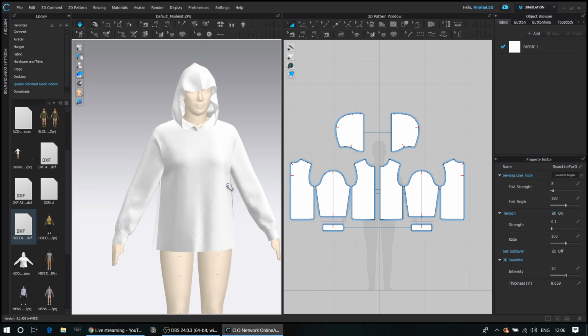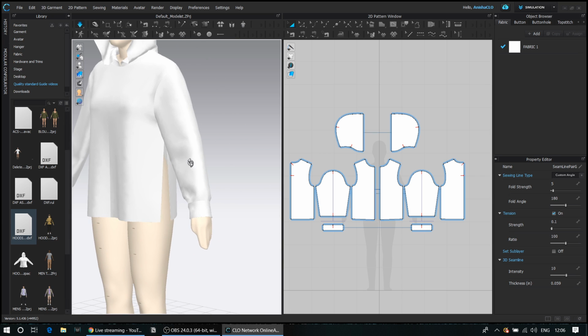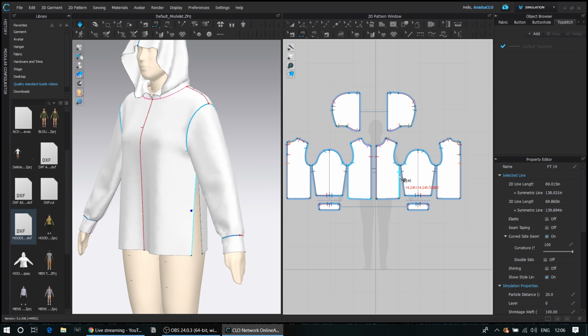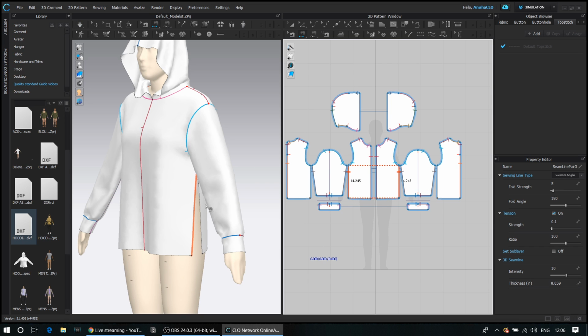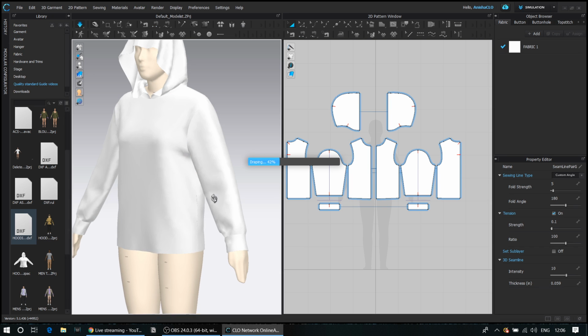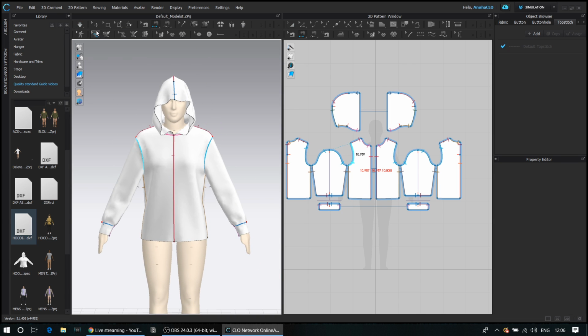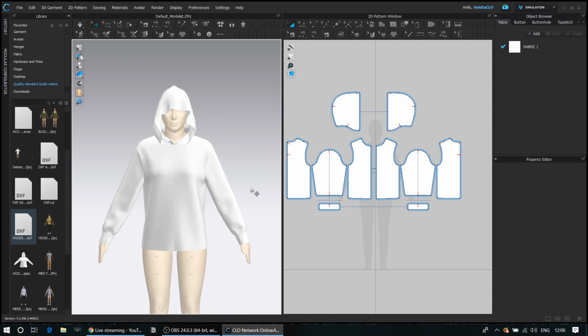and now when I simulate, my garment is ready. And if you've forgotten to sew something like this, you can just go back, and you don't have to rearrange anything. You just click and you have this. You don't have to rearrange any of it again. So once I've done that,